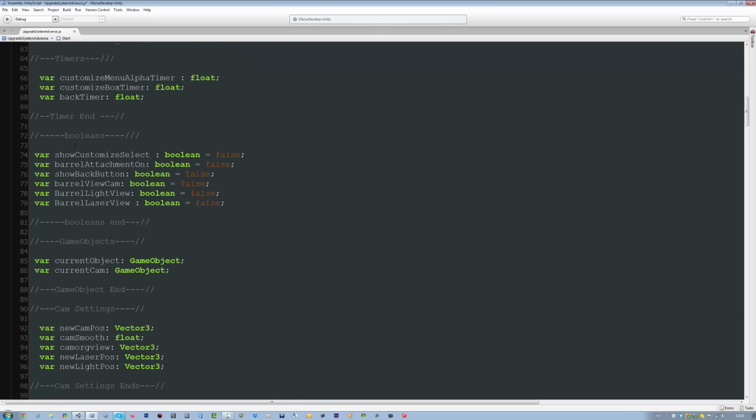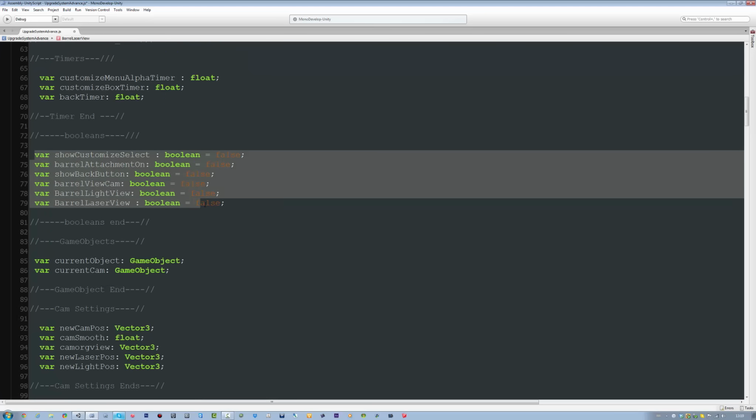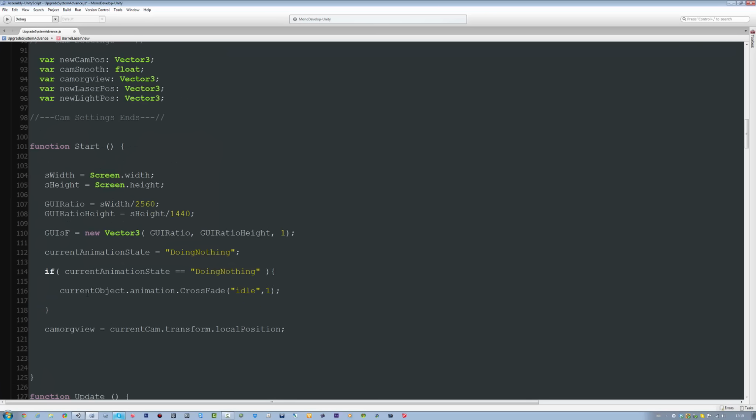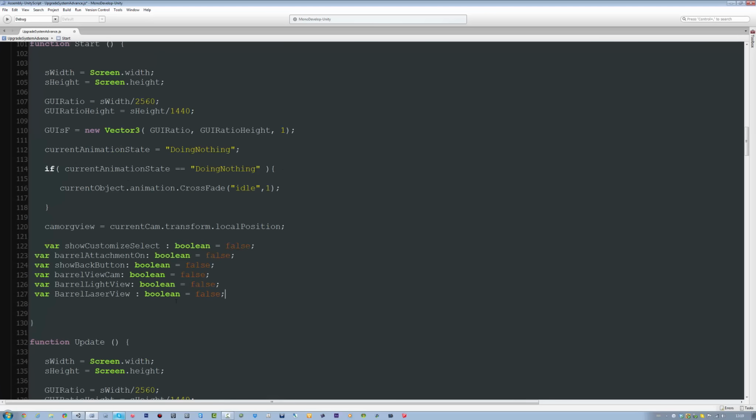So what I'm going to do is I'm going to do a little cheat. I'm going to go up here. I'm going to copy all these boolean names and then go to start, paste them down here, remove the actual boolean,